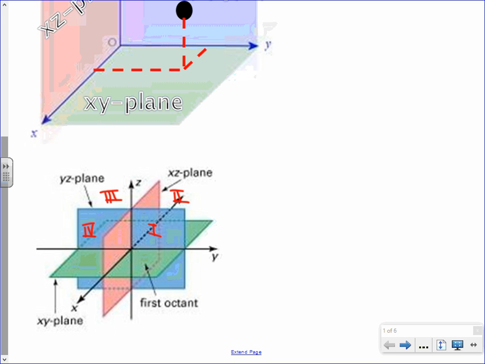Then octants 5 through 8 are just below that. So below octant 1 is octant 5, and then octant 6 down here, octant 7, and then octant 8 is below octant 4. Okay, so